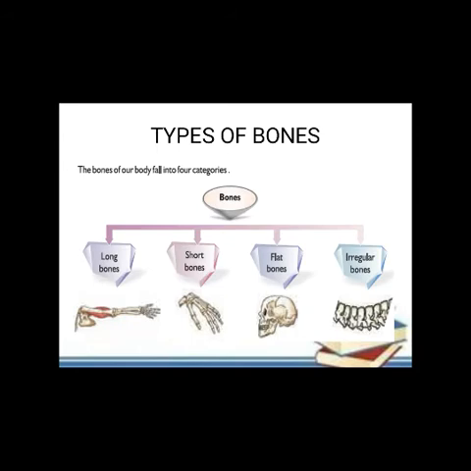Next, types of bones. They are long bones, short bones, flat and irregular bones. Long bones are responsible for regulating our body movements, which are present in hands and legs, and short bones are responsible for support and stability of our movement. And flat bones, these are flat shaped bones, helps in protecting the vital organs. As they are flat, it provides the base for attachment of the muscles. Then irregular bones, these are of various sizes and shapes. The example for this is vertebrae in vertebral column.